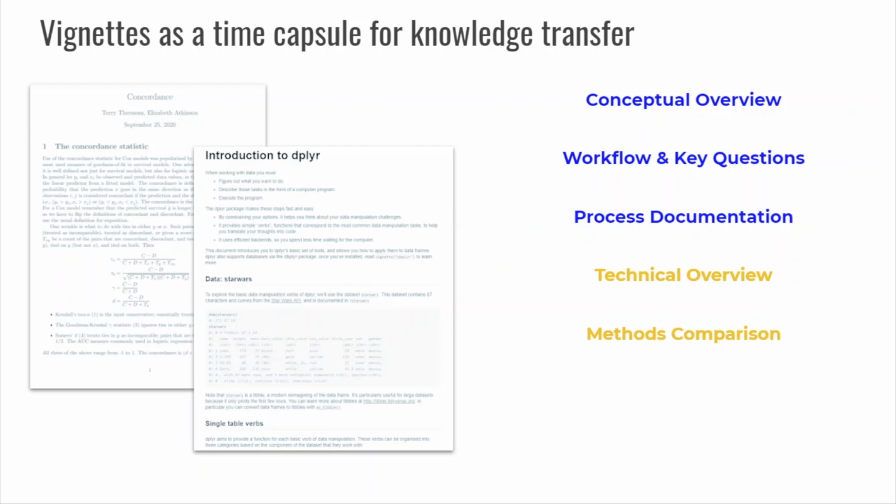Then, after aligning with your users on a conceptual framework, you may introduce the package's functionality and explain how those two overlap. When your package contains functions for many different ways to do a task, you can also compare pros and cons and explain different situations where different ones have proven more or less effective. Finally, vignettes can also include lessons learned, reflections from past users, and references to past examples to help analysts learn about